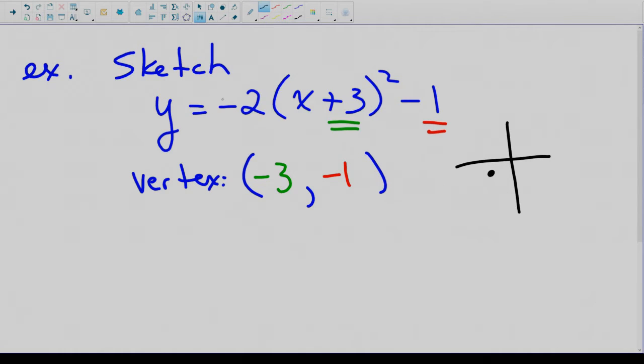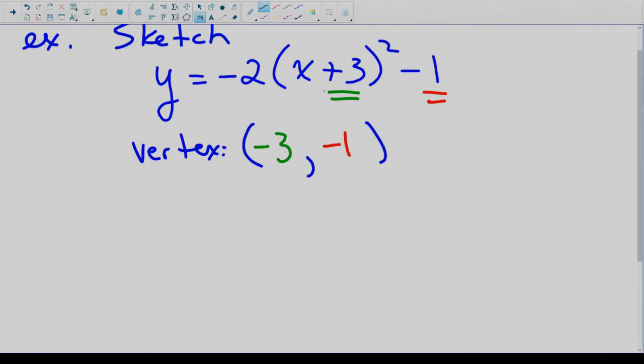Okay. We also know by looking at the A value, because it's negative, that this is going to be a reflected parabola. So it's going to go down, and it's going to be stretched again because of the -2. Okay, so it's still going to be narrow. So we already know all of that about the parabola, but we want it to be a little bit more perfect than that. So here's where we're going to start to simplify our life a little bit by doing fewer calculations. Like I was saying in the previous example,